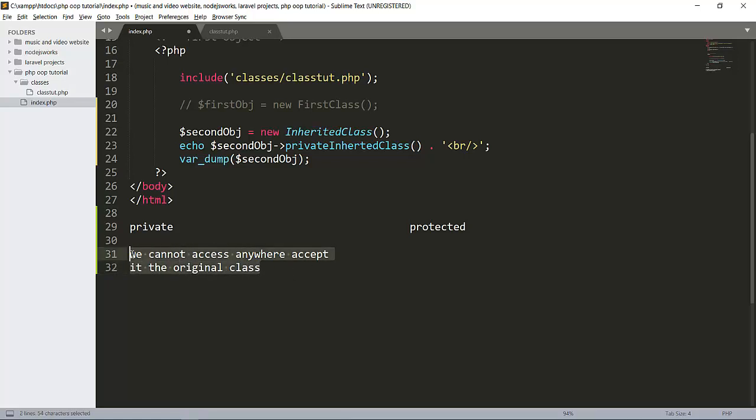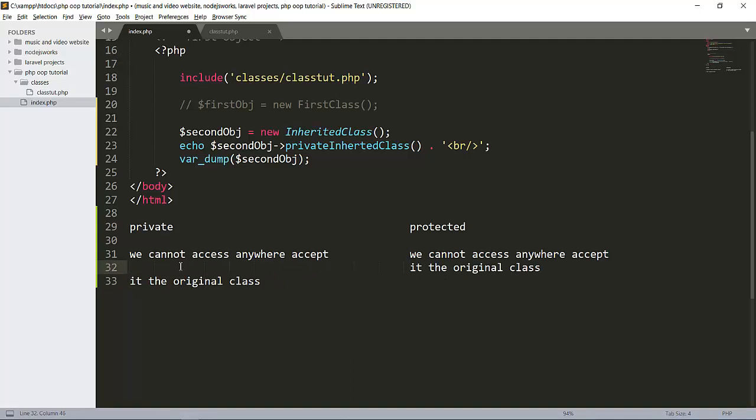Whereas protected we can access everywhere in other classes, except in public, except outside the class. So there is this main difference here.